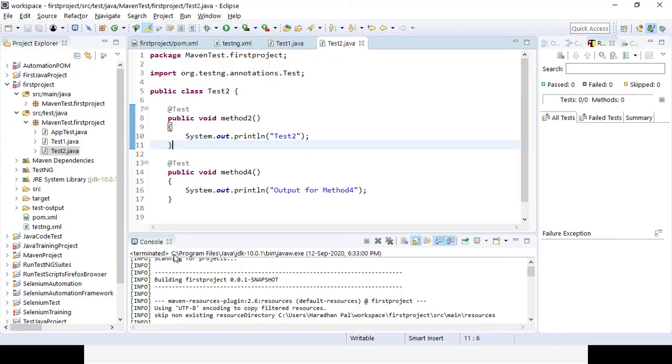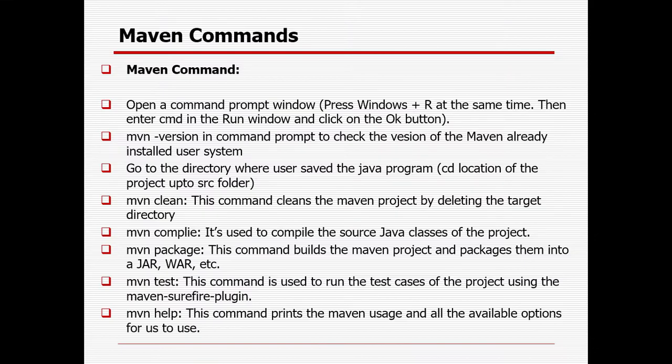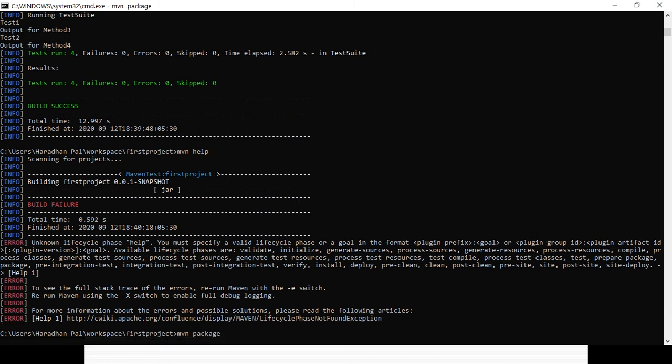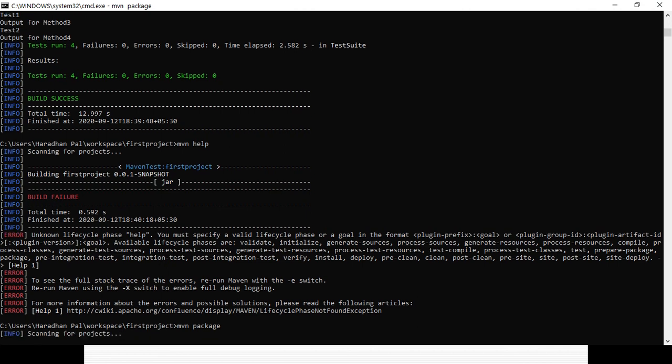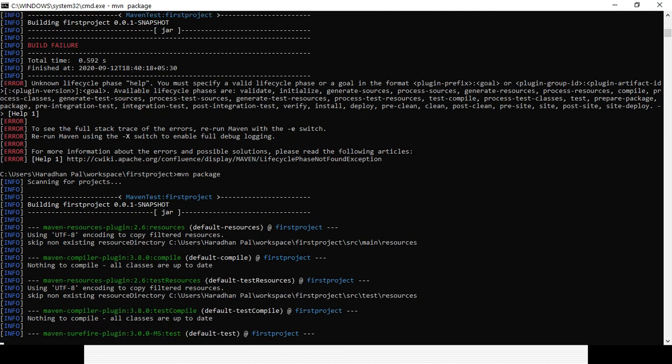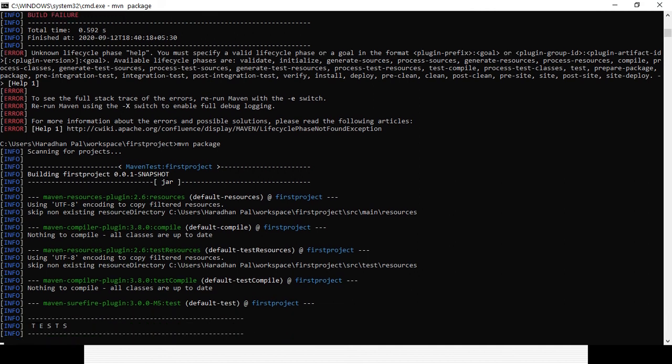Now another important command is Maven package. This command builds the Maven project and packages it into a jar or WAR file. So if you type mvn package here, you can see your package is running, and it will convert the project into the relevant jar or WAR file.